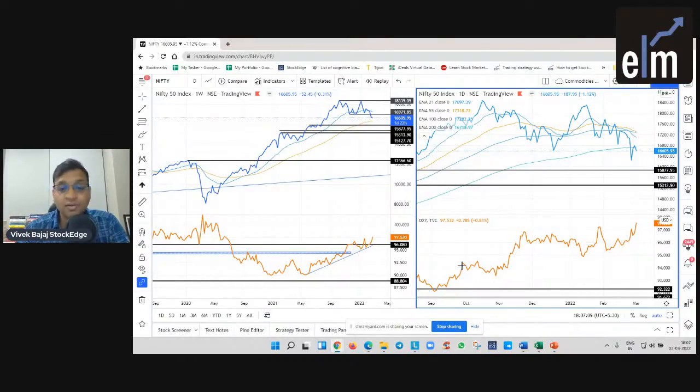But yes, if you are an investor and if you are investing for a longer term time frame, then obviously you don't look at the market momentum. You always try to find out stocks where there is value, and you would like to participate in those stocks with hidden values.